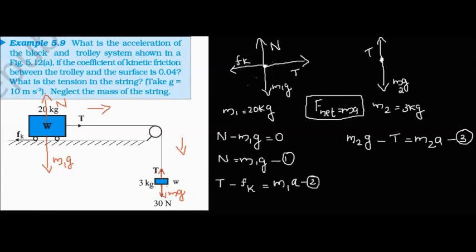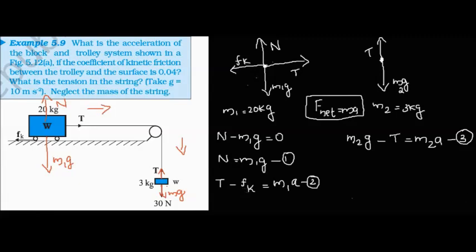Now we formed 3 equations. Now the physics part is over. We have to arrange these equations and find out the value of acceleration and also the value of tension, right? So first we can take equation number 2, and instead of this Fk I can substitute